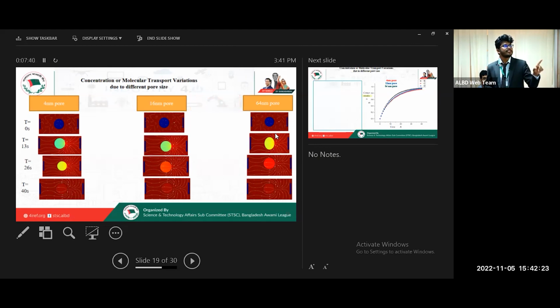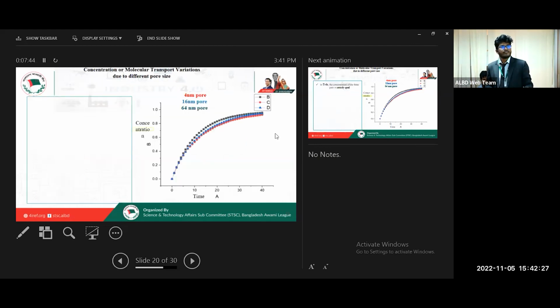And we will analyze this data for 4 nanometer, 16 nanometer, and 64 nanometer pores, simplified. The concentration is shown for square, triangle, and round circle. For the 4 nanometer pore, the circle is shown, for the 16 nanometer pore, the triangle is shown, and for the 64 nanometer pore, the square is shown. The concentration of the square is the largest, and the concentration of the 4 nanometer pore